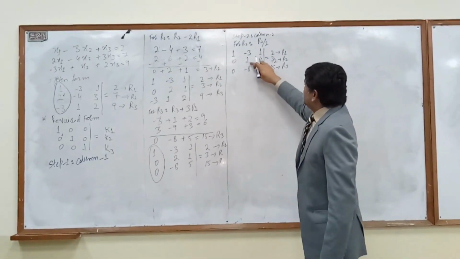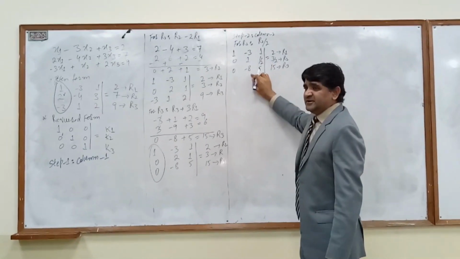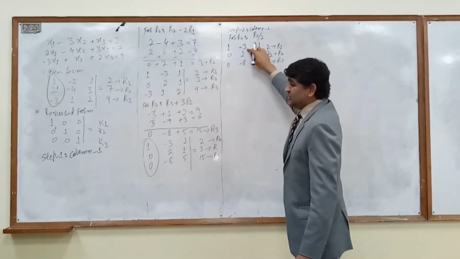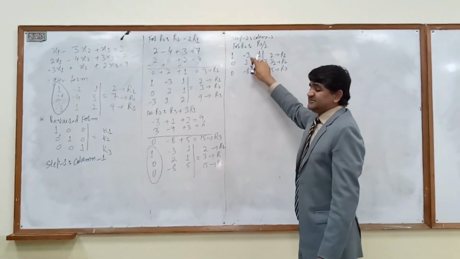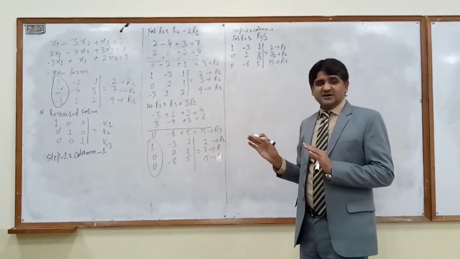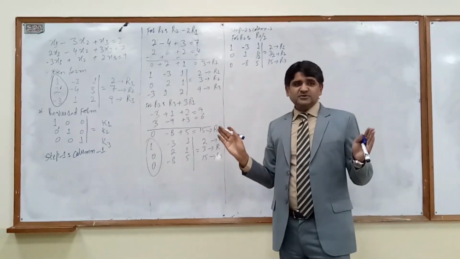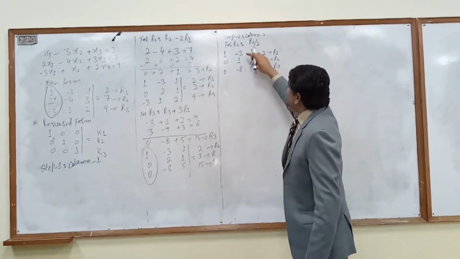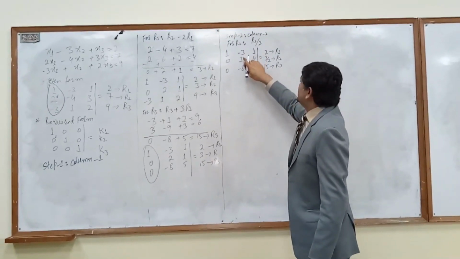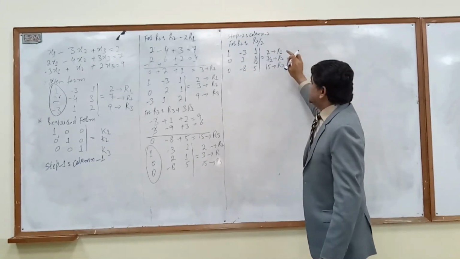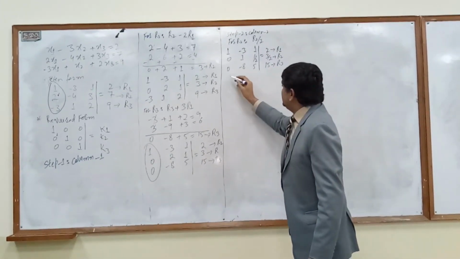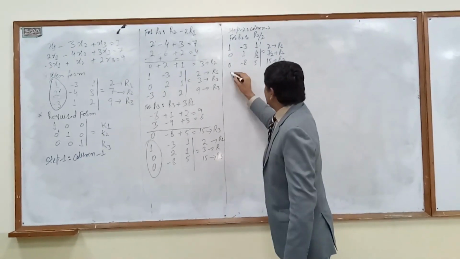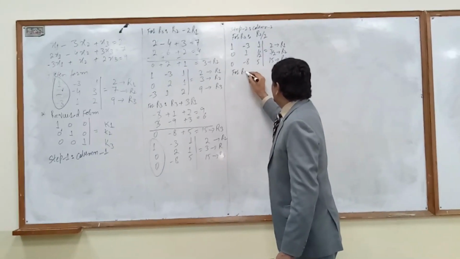Above of 1 we are required 0 and below of 1 we are required 0. Always we start from row 1. So here we are required 0. As we have discussed, while we are talking about step 2 or column 2, we will never think about column 1 and column 3. So in this case we are required here 0 and the given is minus 3. It falls in row 1. So we will be going to operate for row 1. So we will write for row 1.